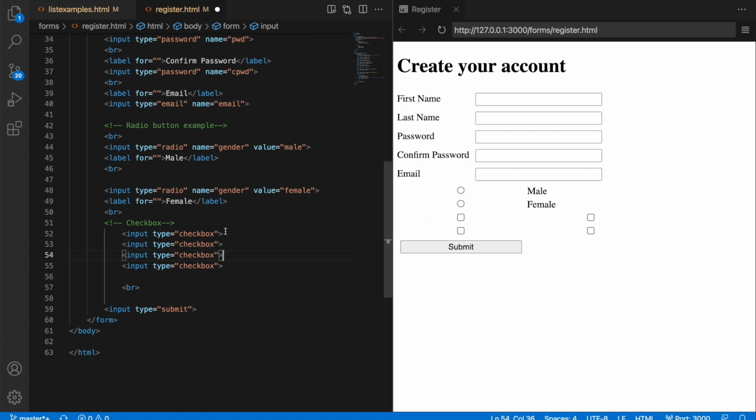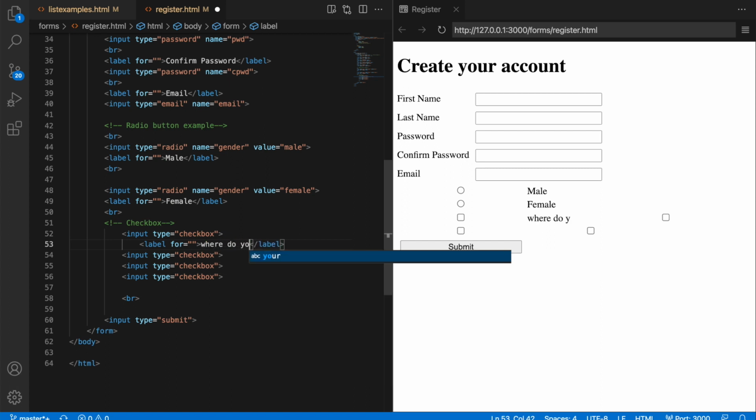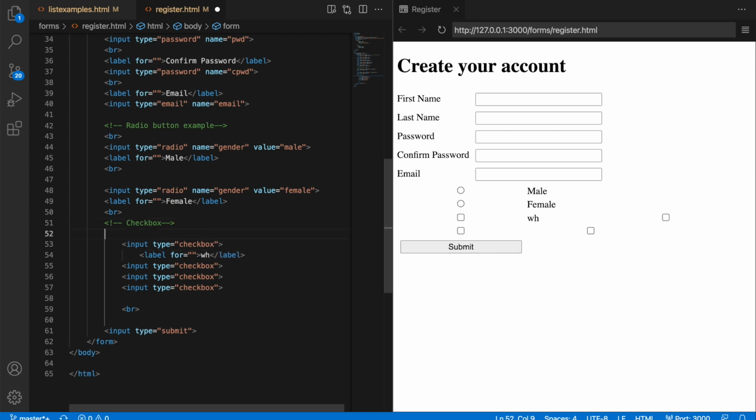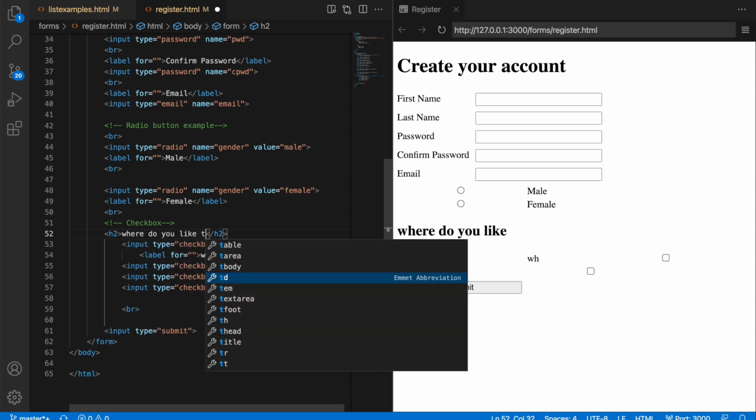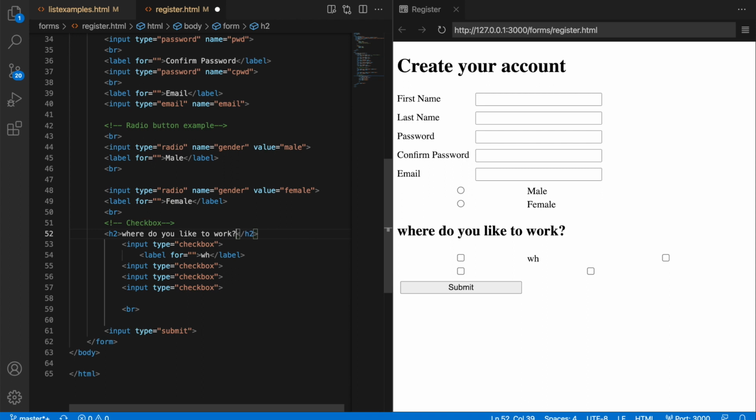Okay, and for each checkbox I want to give a name label, that is, where do you like to work, right? I'll give some heading here first. H2, where do you like to work? So I'll give the list of city names: Chennai,